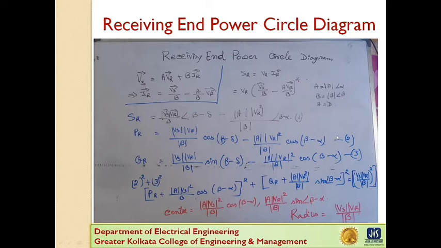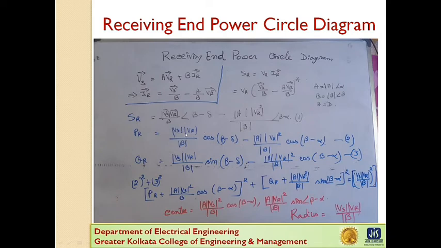Now this is our equation 2 and this is our equation 3, and equation 2 square plus equation 3 square is equals to PR plus A VR square by B cos beta minus alpha whole square plus QR plus A VR square by B sin beta minus alpha whole square